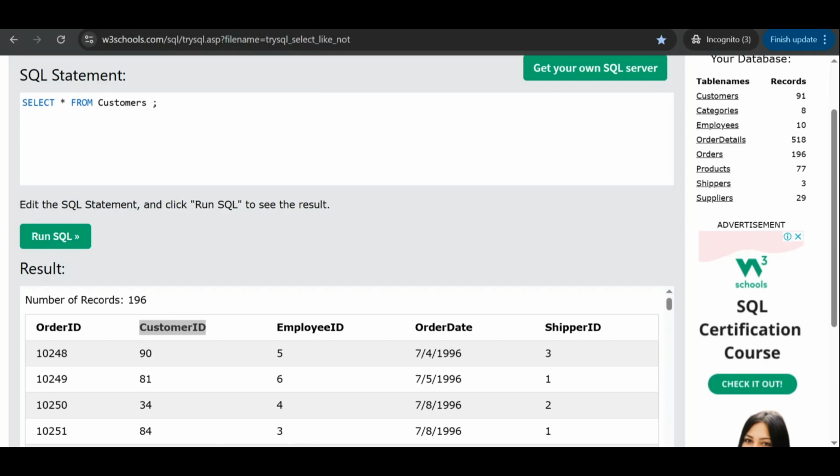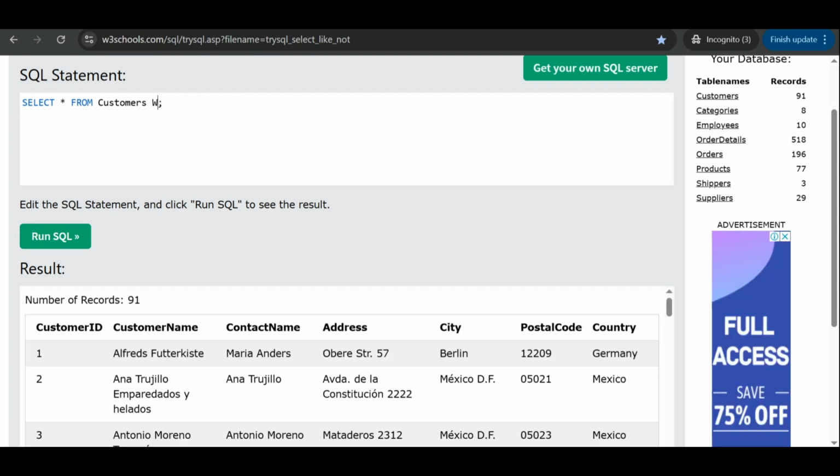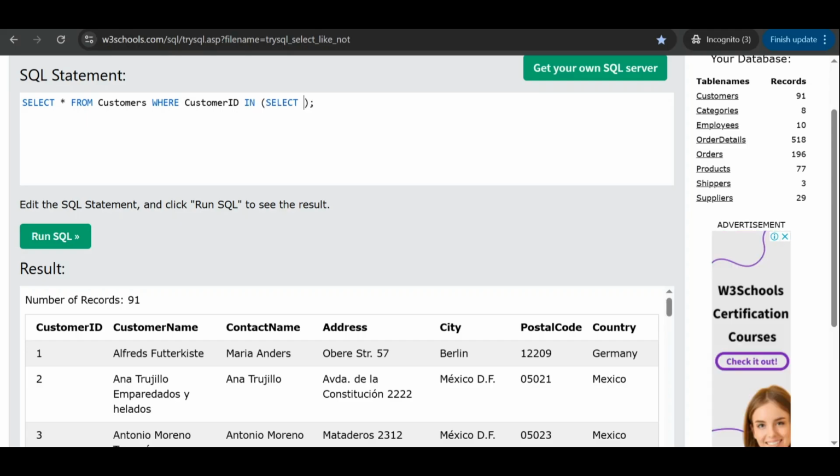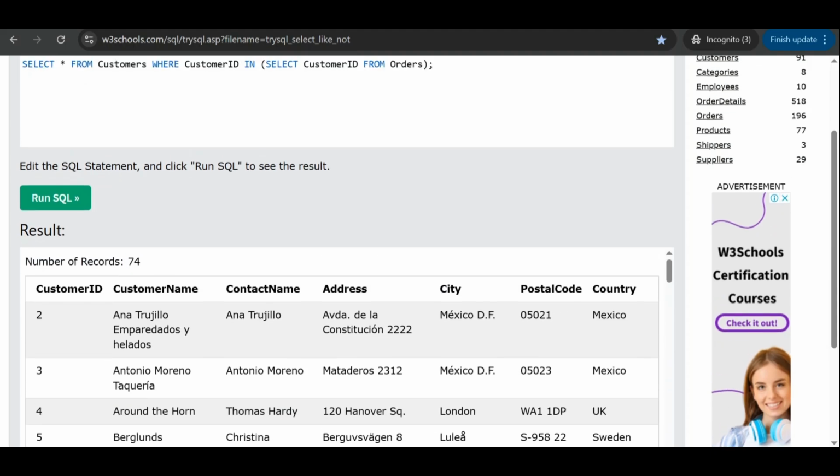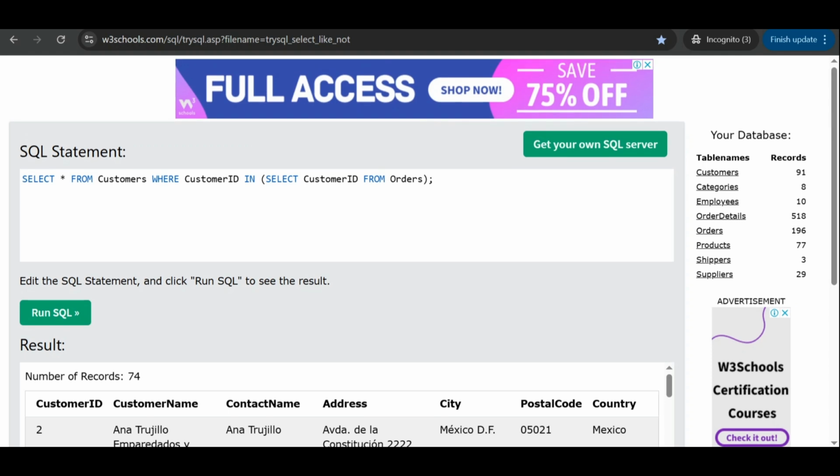Select from customers where customer ID in (select customer ID from orders), and the result is 74 rows.